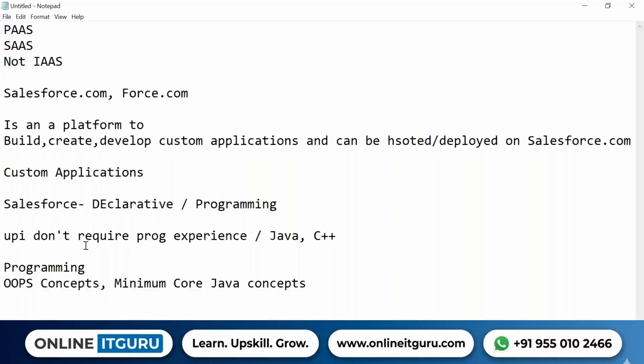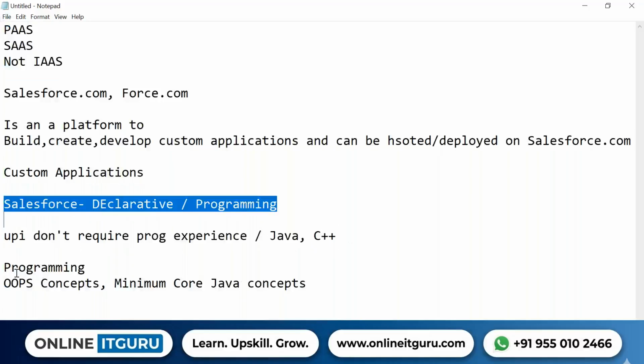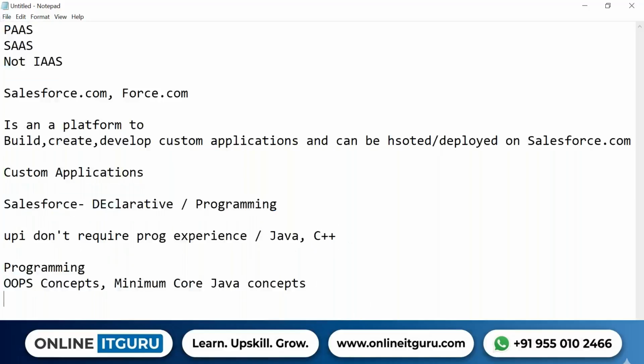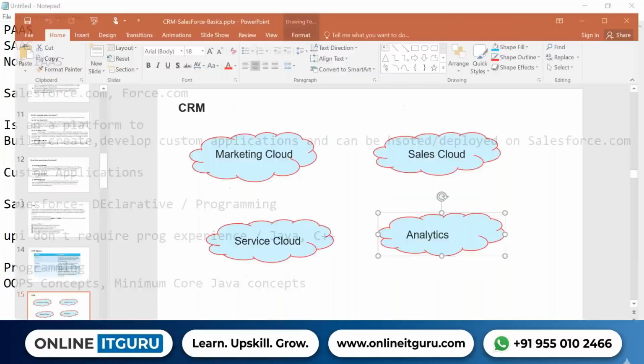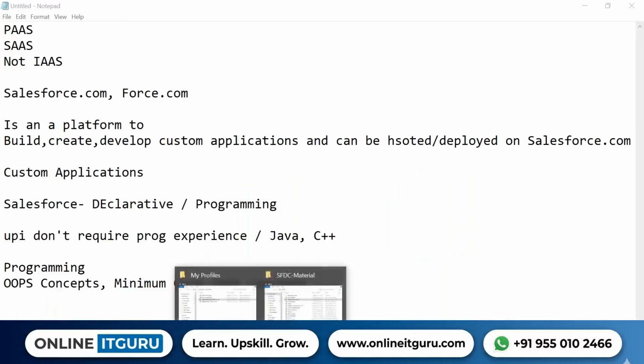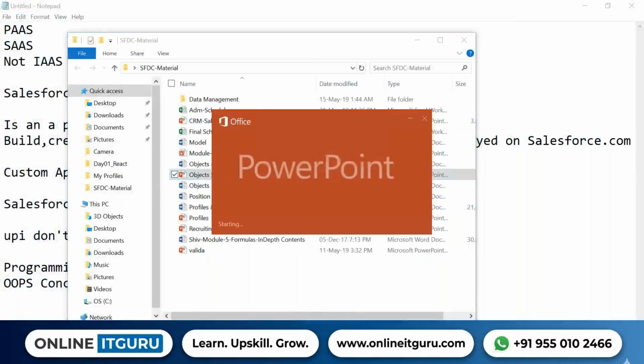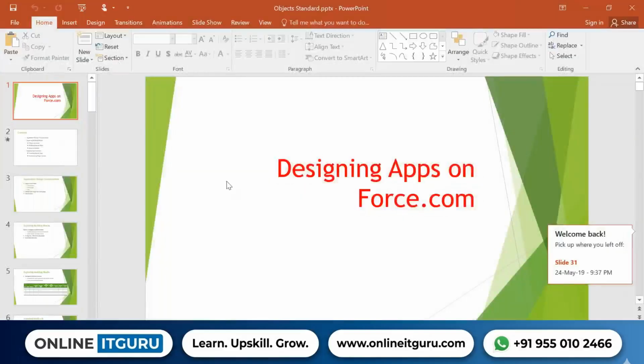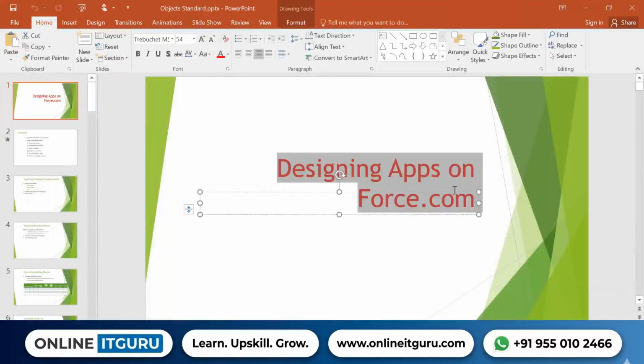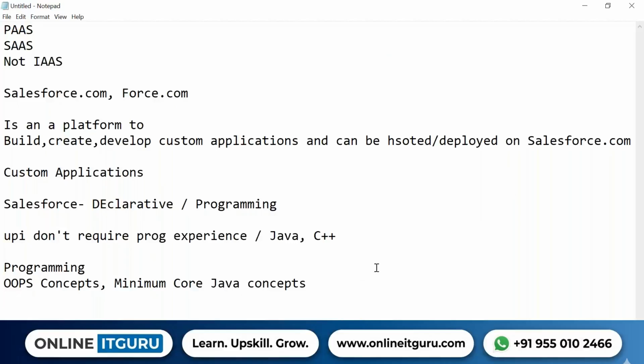Got it? So first we'll go with the declarative part, then we'll go with the programming part. Okay? Understood? Tomorrow, we'll start designing the apps on force.com. We'll start designing our app now. What all we require to design the app is